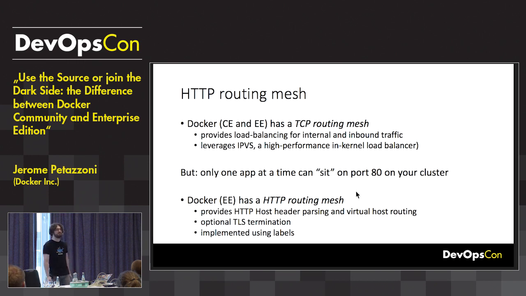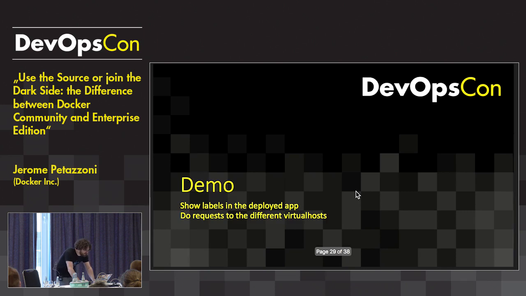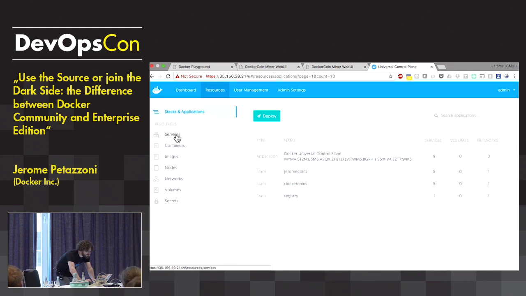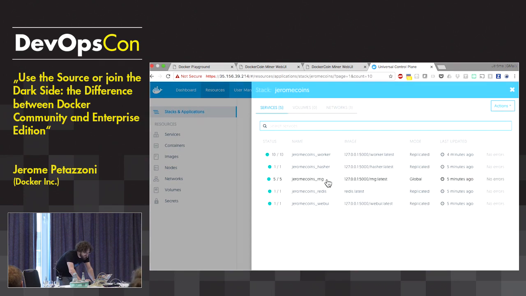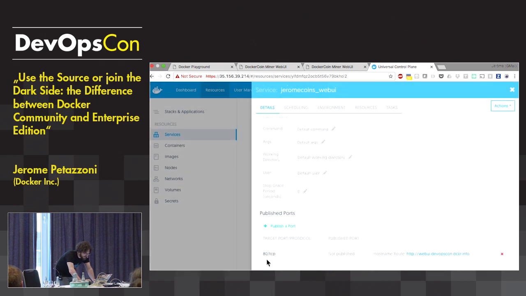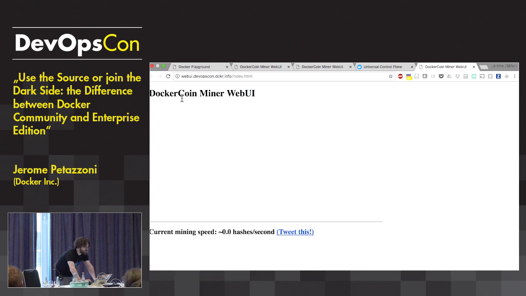So in the Community Edition, you basically end up building your own with Nginx or Apache or HAProxy, and you have tons of recipes out there to do that. But in the Enterprise Edition, there is something to do that automatically and dynamically. And normally, here, if I deploy it correctly, if I go to my resources, for instance, if I look at my Web UI service, I can see here that in my published ports, my Web UI has been published to a hostname route. And if I go to that hostname route,